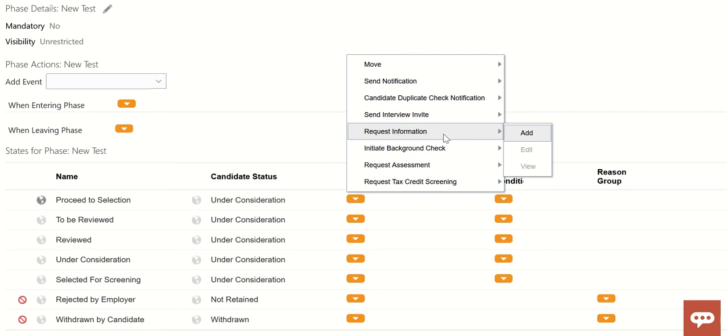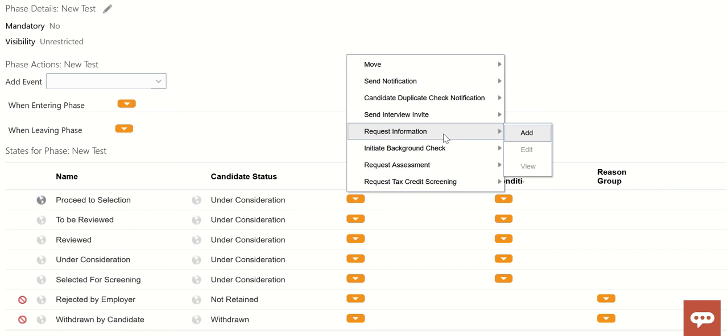Request information is where you want to capture additional information from the candidate, like date of birth or social security number. Those things will be configured in a different job application flow of type request information, and that block will be added there.